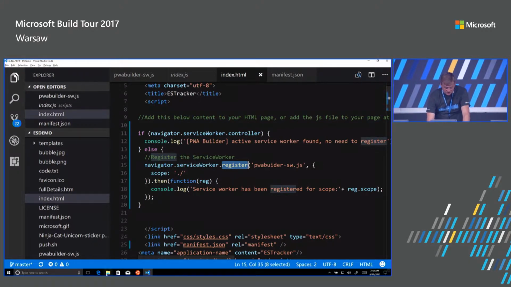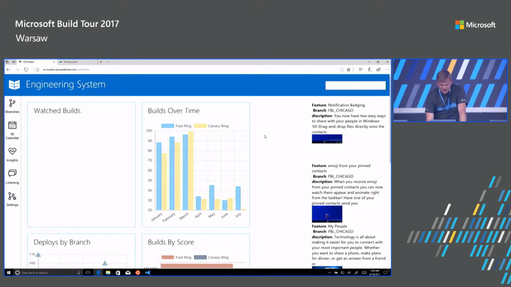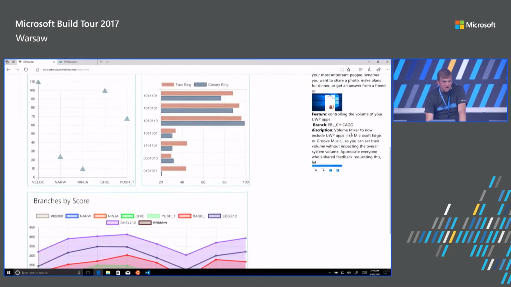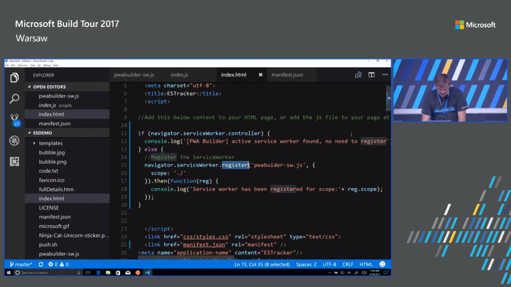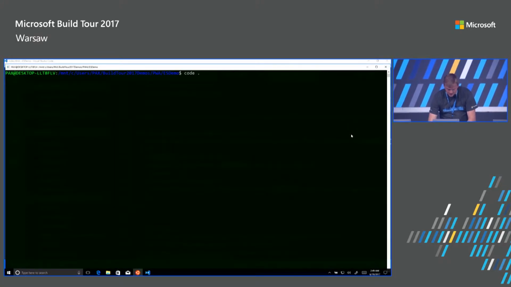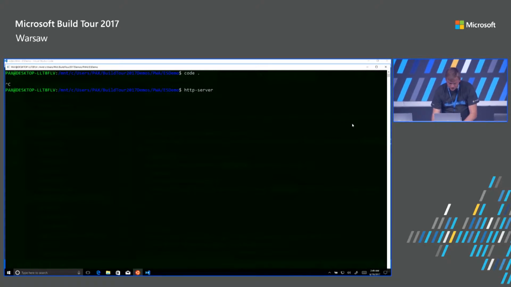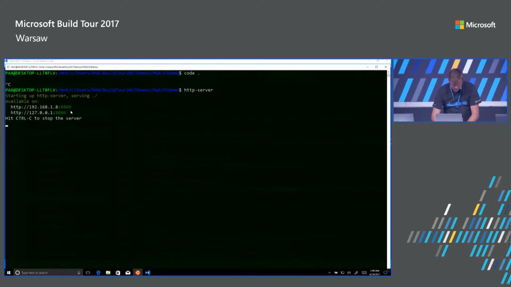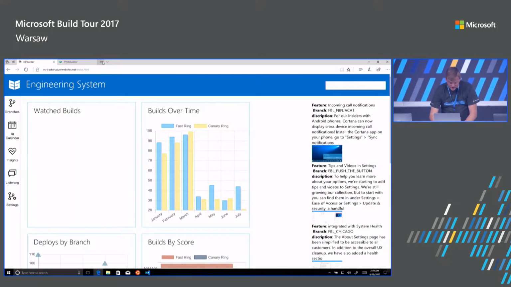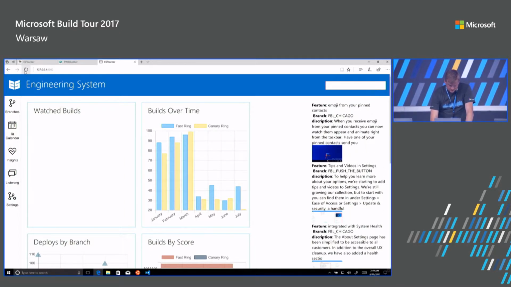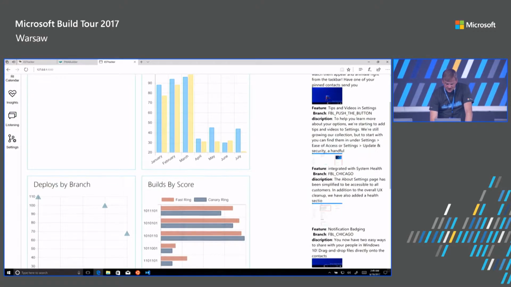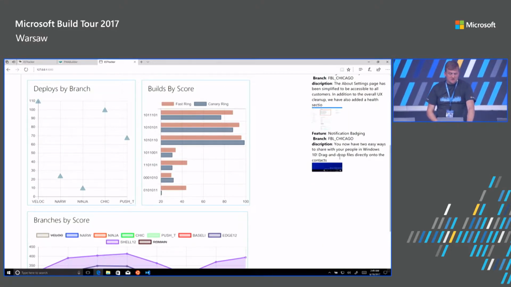Now, if you remember my site when it was live on the server here, I have this flow of data that is updating constantly with what features are in what builds. I'm going to show you what that looks like locally. So here, I'm going to just start a local node server. And then I'm going to go back to my browser and watch what happens the first time that I load it. It should look just like what's on the site. Oh, there we go. See, we already have the data being pulled in from this particular